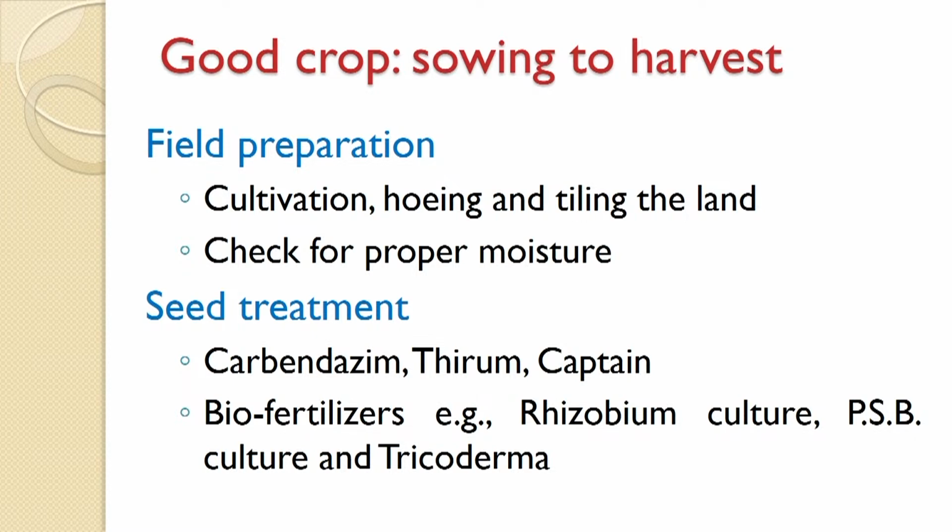But here one thing you must remember, that for the field preparation the tillage should be done at optimum moisture content. Suppose if you do not perform tillage in optimum moisture content, in that case first, if the moisture content is too high, then the field will not be prepared for sowing. But in case there is less moisture, in that case the soil becomes hard and tough, and in that case the tillage implement will not go there.